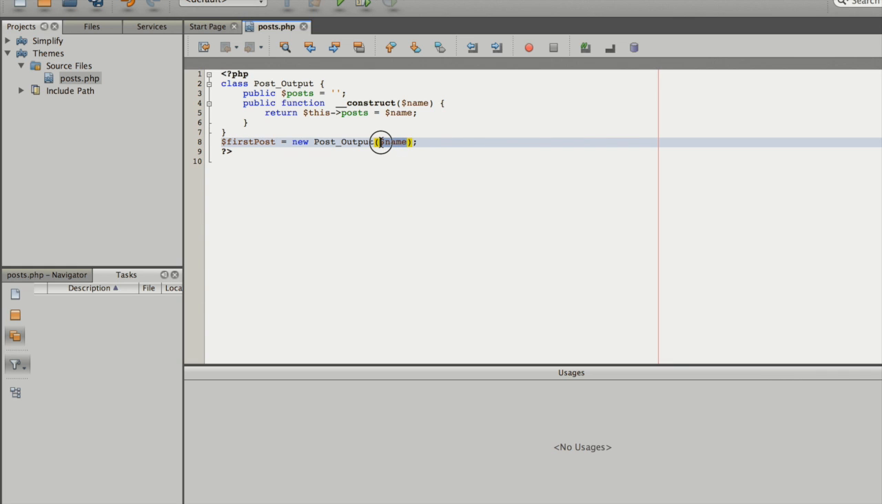Now we need to pass along something like a name inside this post output. So let's actually